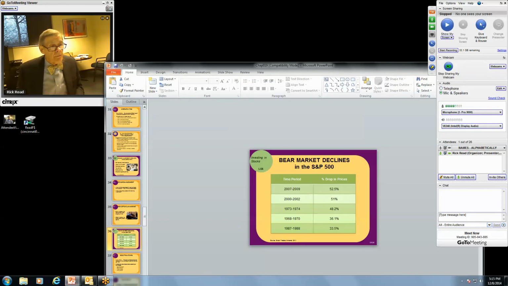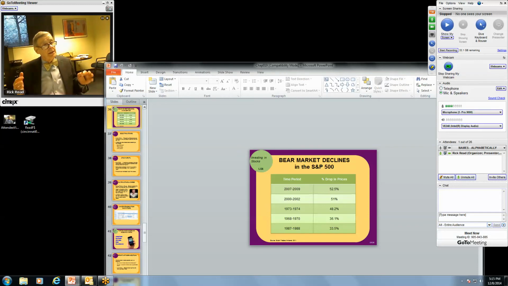These are just talking about bear markets and what we've seen in a decline. Again, it's not something I want to talk about, but the most recent one we had, 2007 to 2009, the market capitalization of the Standard & Poor's lost almost 53%. And you notice that the Great Depression is not even listed on these bear markets.